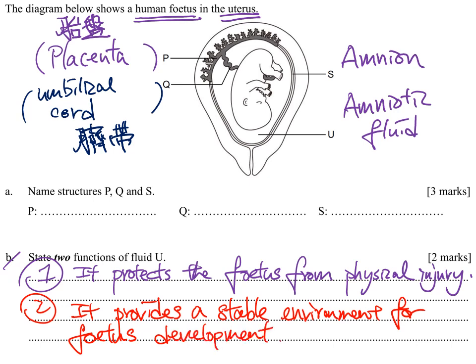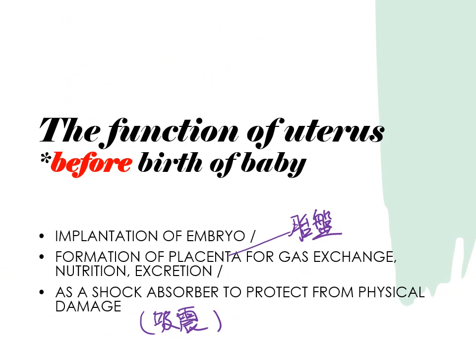You can have other examples as well. For example, it prevents the fetus from desiccation, drying up, from the last line. It allows the fetus to move easily, lubricates the movement, etc. You can give me any two functions of the fluid U, amniotic fluid. Sometimes the questions in the exam will ask you, can you name me the function of the uterus before childbirth? You can tell me, for example, it helps the